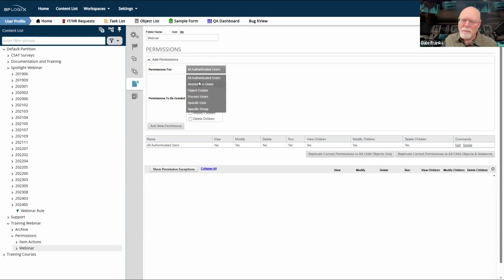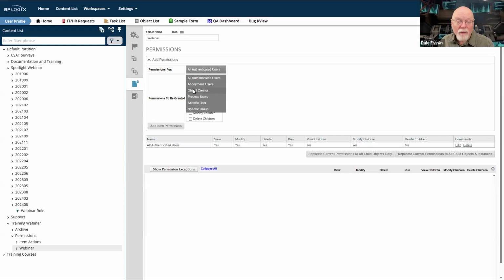So basically, people who don't log into Process Director, they don't have an account. Object creator. This is specifically the user that created the object. In the case of a form definition, it'll obviously be you or one of your fellow implementers.